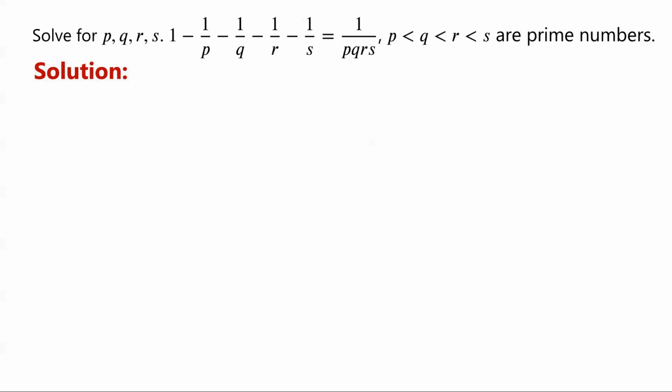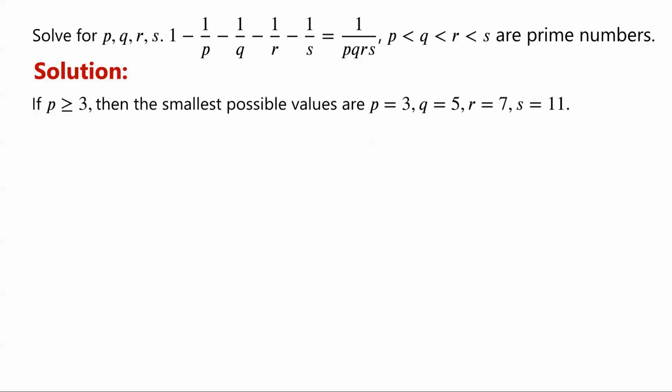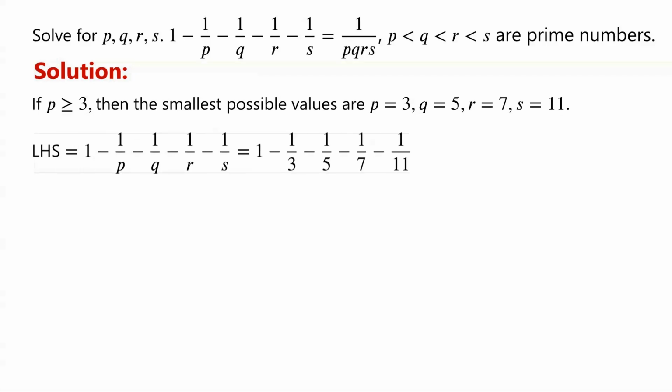We can prove that p equals 2. If p is greater than or equal to 3, then the smallest possible values are p equals 3, q equals 5, r equals 7, and s equals 11. Then, the left-hand side of the original equation equals 1 minus 1 over 3, minus 1 over 5, minus 1 over 7, minus 1 over 11, which is equal to 1 minus 886 over 1155, which is equal to 269 over